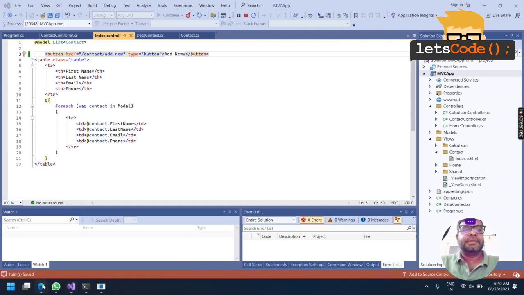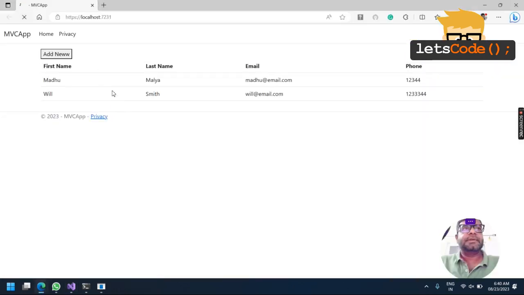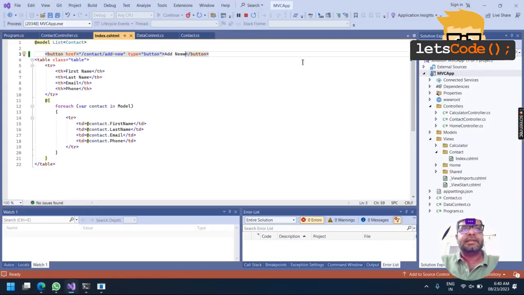Let us see if this button comes over here. Fine. So one typo is there, I'll just correct that.